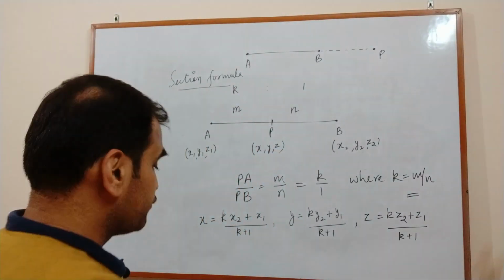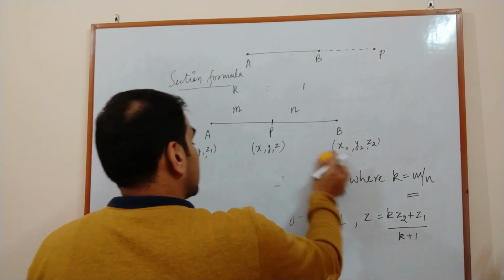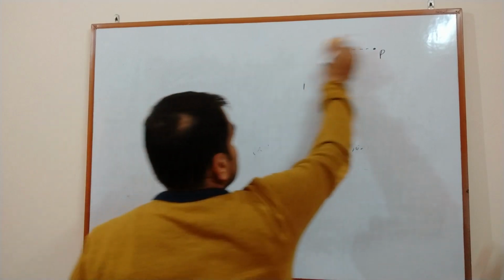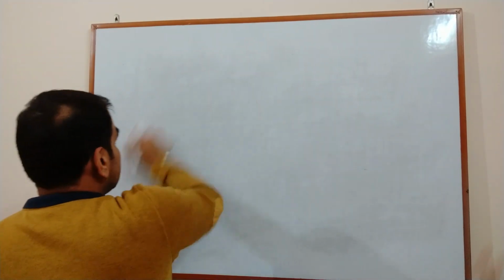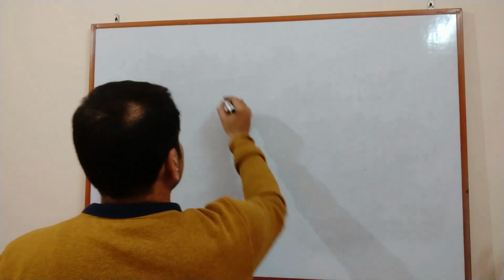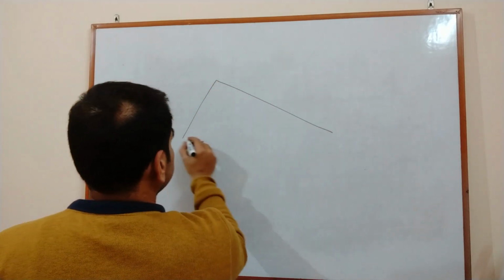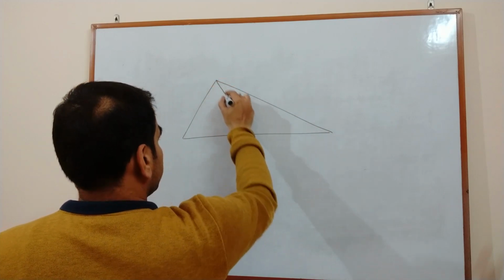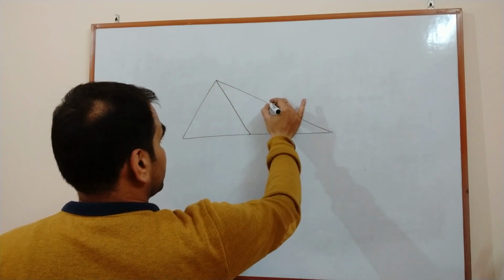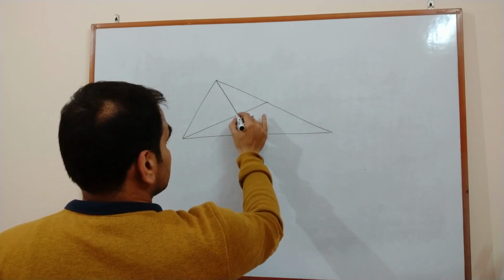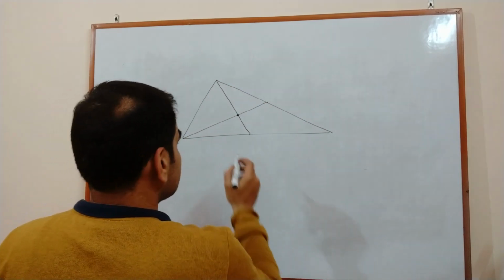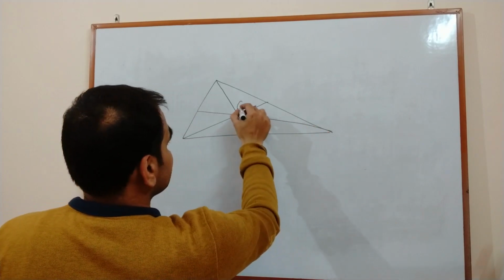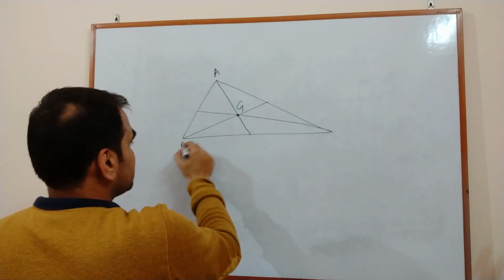Next we have a centroid of a triangle. If you want to calculate the centroid, so what is a centroid? Centroid होता क्या है, अगर हम पहले ये discuss करें तो centroid is, if you have a triangle, so the median, like if you take the midpoint of this, so this is the first median, midpoint of this is the second median. So this point of intersection of the median means there will be the third median that will pass through the same point. So this point is known as the centroid of the triangle ABC.